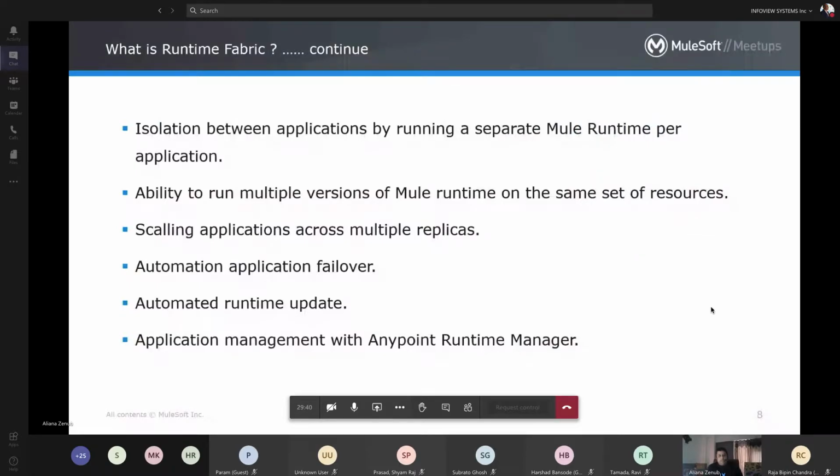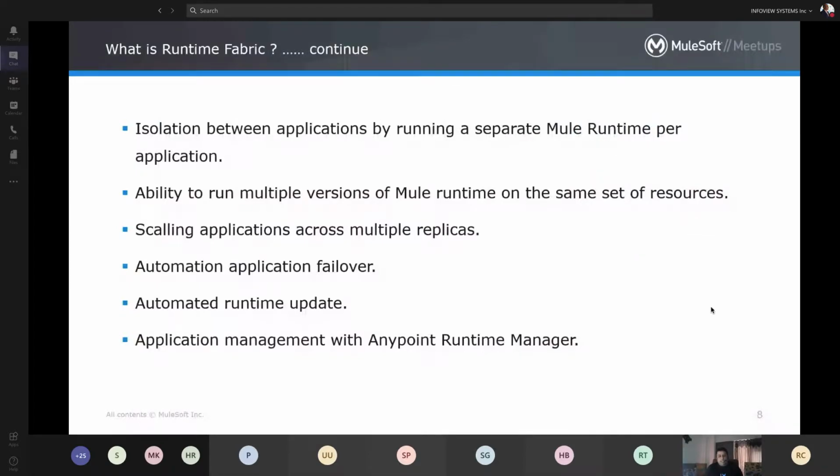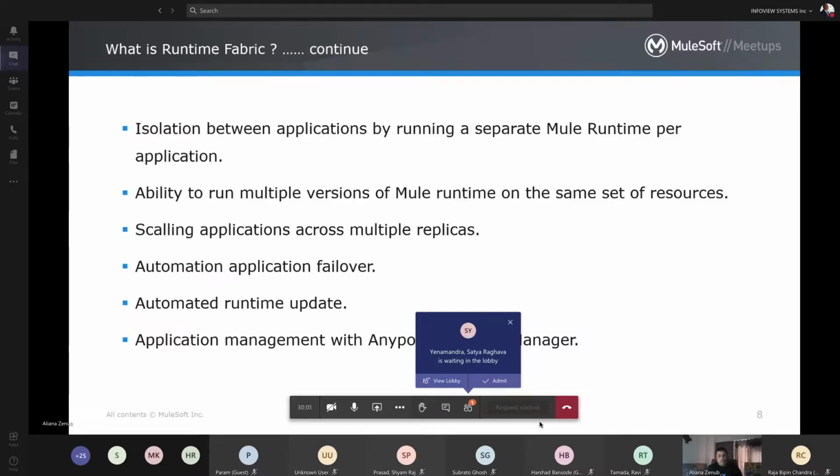As I stated earlier, it provides the capability to manage our platform or applications like Anypoint CloudHub, where we can deploy an individual application as a separate entity, isolated from the other applications, so that they do not impact the resources needed by the other applications. It can also be easily scaled through the control plane.